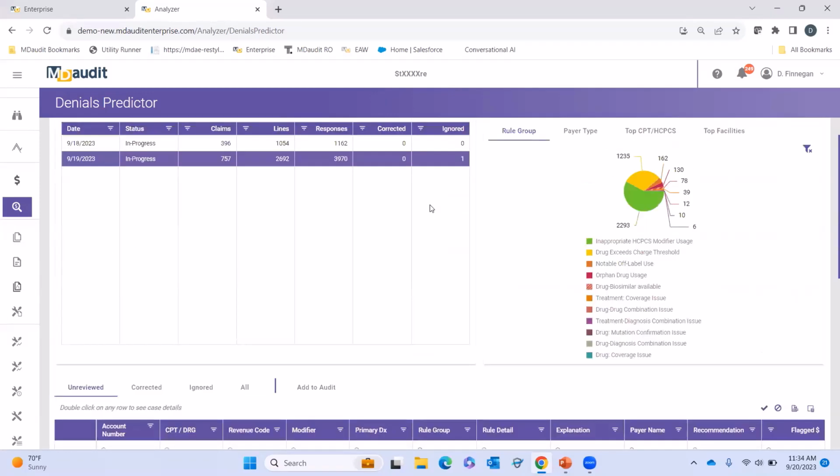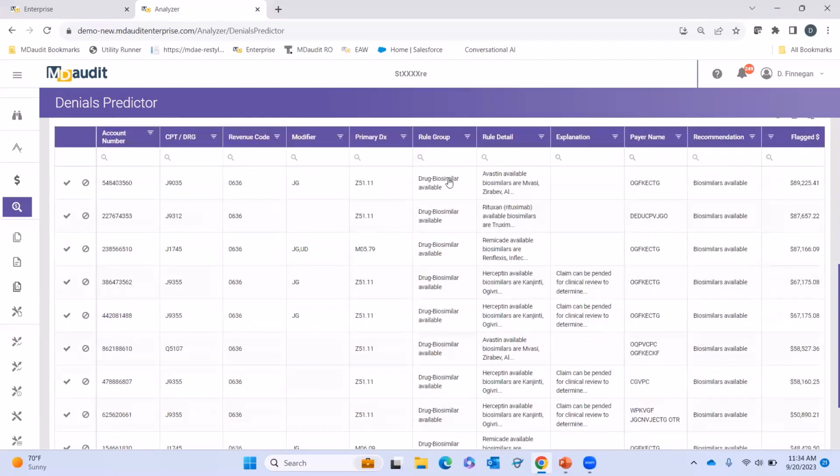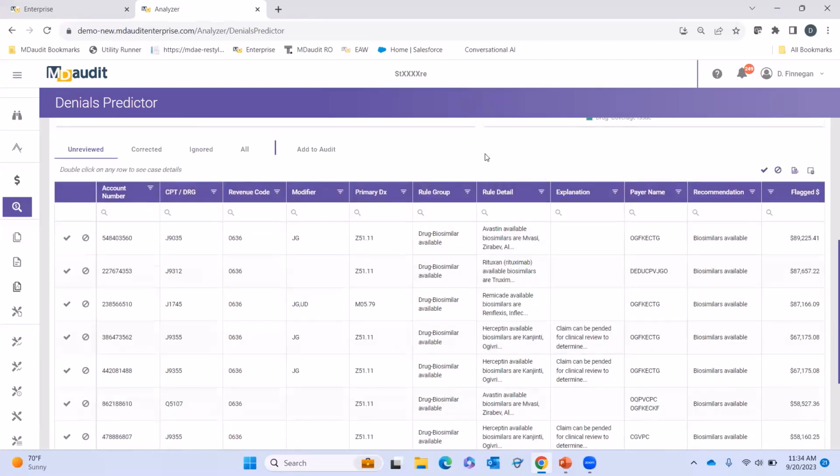So this was a really quick exercise, folks, but the reason why I went through it is whenever we've tested this in the field and with our MD Audit clients, as many layers of scrubbers as they have, they're not catching this stuff. So at the end of the day, what I want you to see is that we have